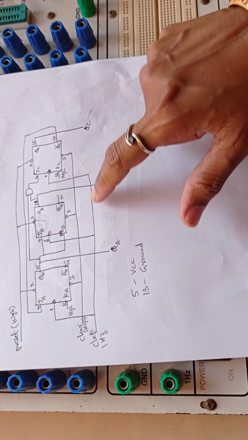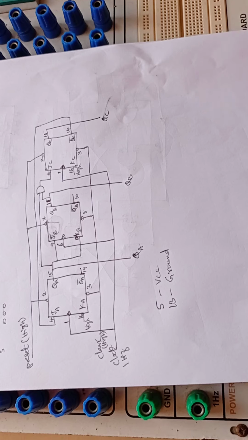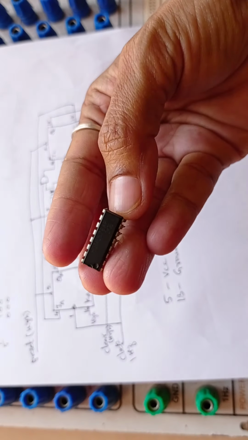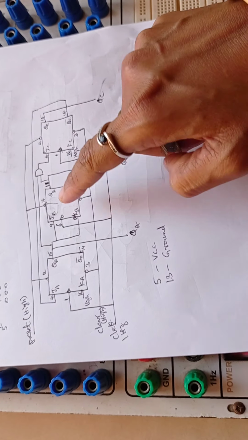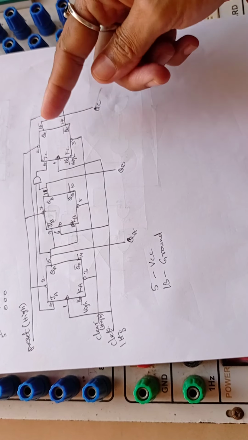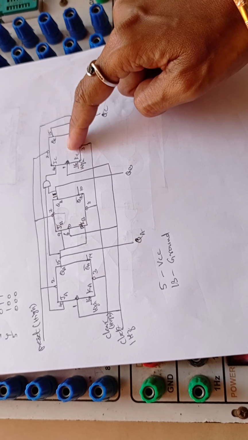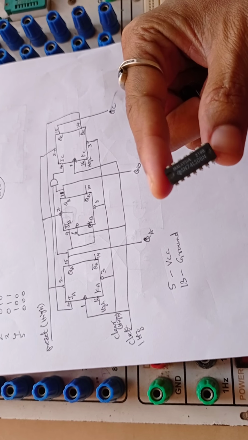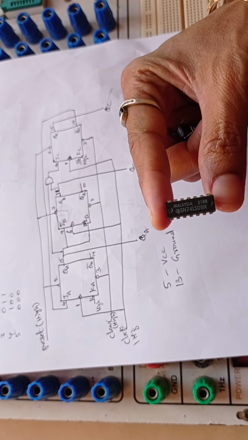This is the design of the circuit. Here we are using 7476 IC, by using this IC we can connect 2 JK flip-flops, these two, and same as one more IC, again we can connect 2 JK flip-flops, but we are using only one JK flip-flop. And for this AND gate, we are using 7408 IC. Now I will show how to design the circuit.